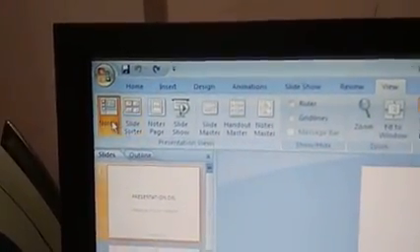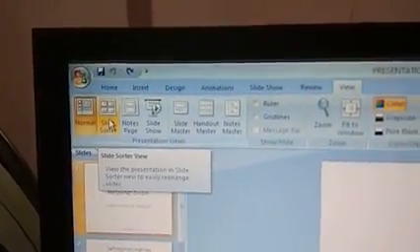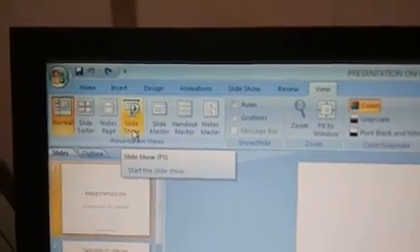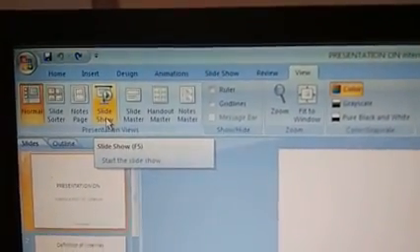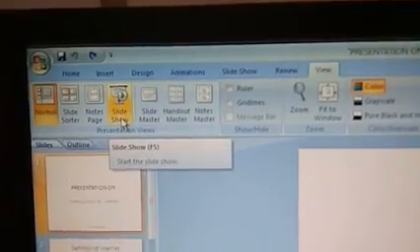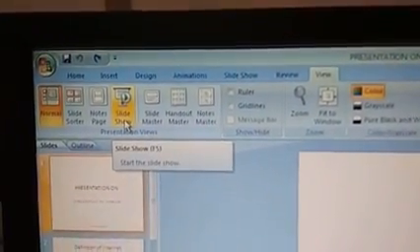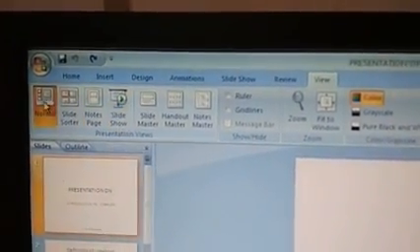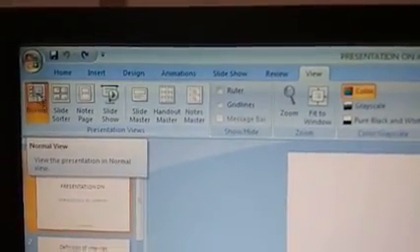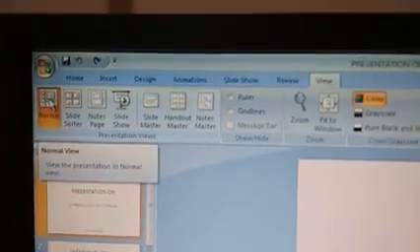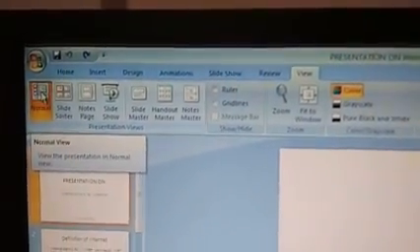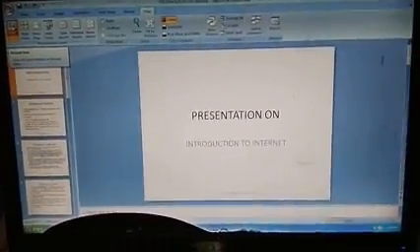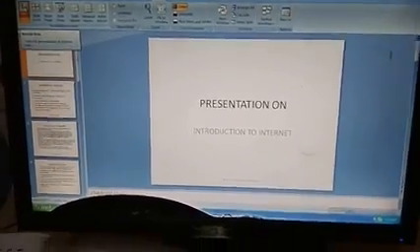So you have normal, slide sorter view, note page, slide show. All these are the 4 different views of your PowerPoint presentation. Just go through the icons because the question will be given. They are going to show you the icon, then ask what is the name of this icon. Yes, be thorough with the icons. And here I'll show you what effect they have on your PPT.